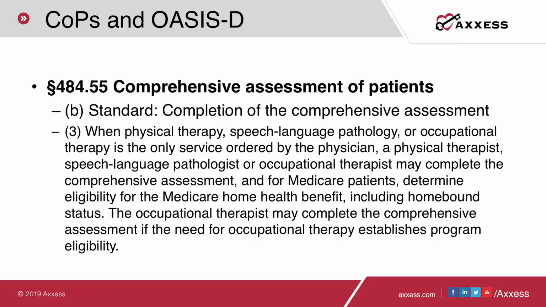The OT may complete the comprehensive assessment if the need for OT establishes program eligibility. And according to the Social Security Act, the occupational therapist cannot establish program eligibility at start of care. So OT can do a comprehensive assessment at any other timeline, but they cannot perform a start of care